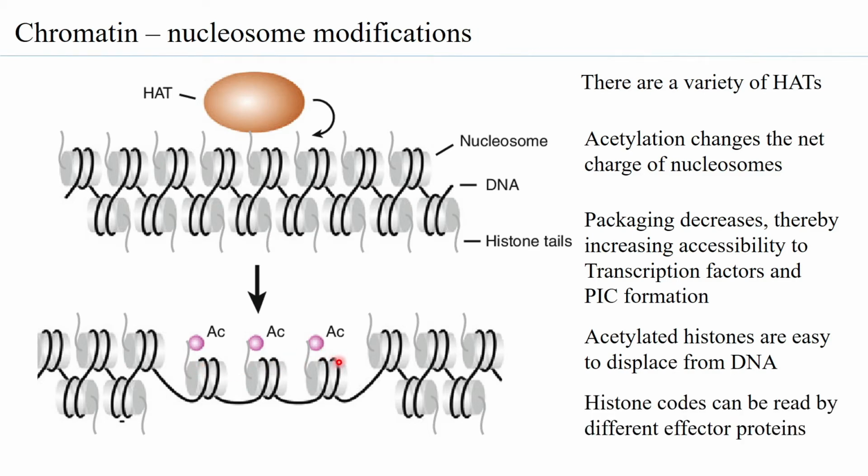So these are certain interesting facts, and like mentioned before, the tail has histone codes, and so based on what the histone code on every histone tail is, you will have different effector proteins coming and binding, and those effector proteins will then have a certain role to play in whether it is going to allow initiation of transcription, or whether it is going to silence transcription.